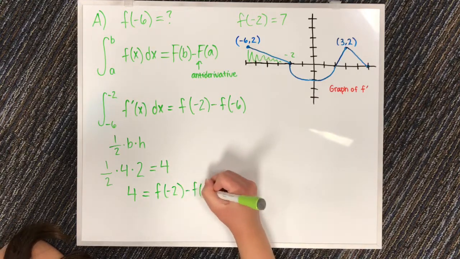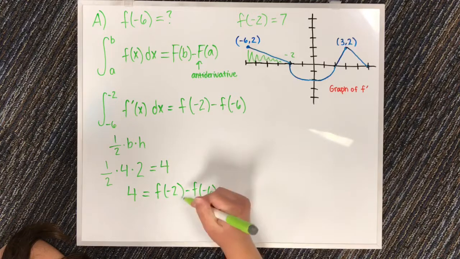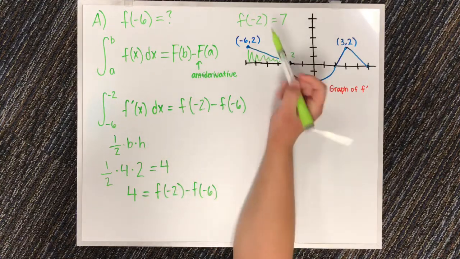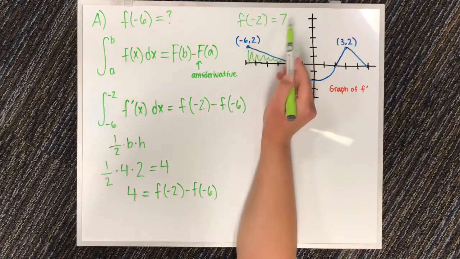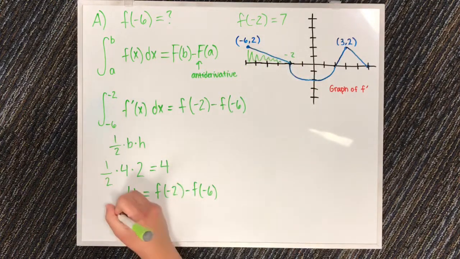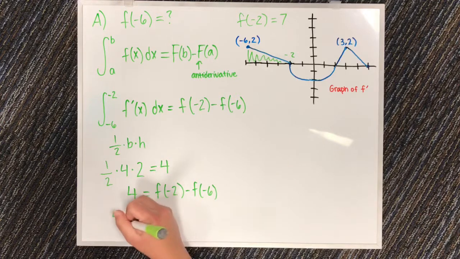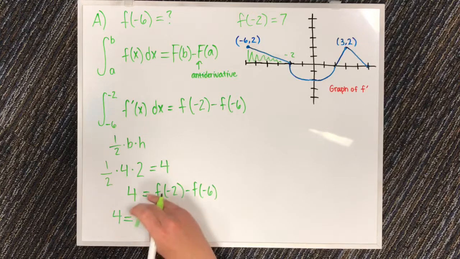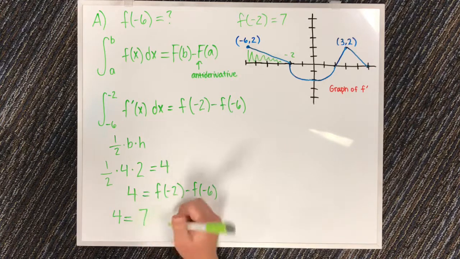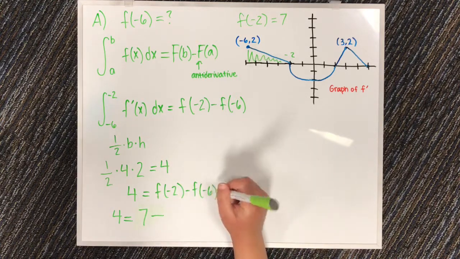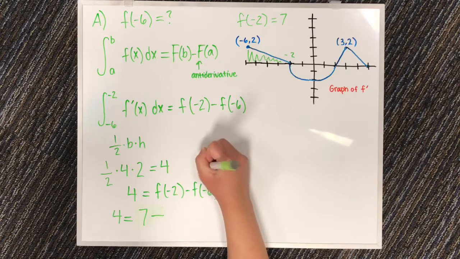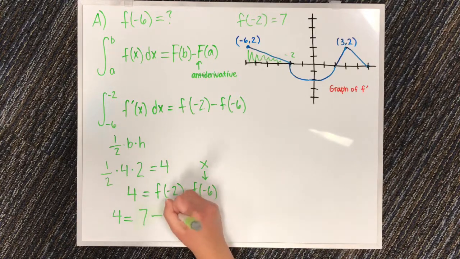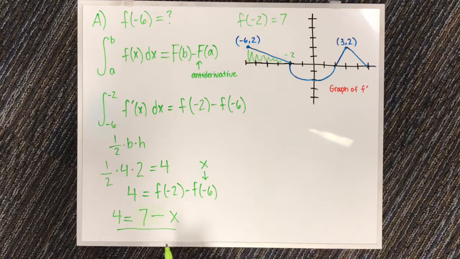minus f of -6. And now we have to remember that given in the original problem, f of -2 is equal to 7. So now we can plug that back in. So 4 is equal to f of -2, well, not -2, it's now 7. So 4 is equal to 7 minus f of -6, but for now we're just going to call this x just to make it easier. So now this is what we have, and now we just need to isolate x, and then we will have